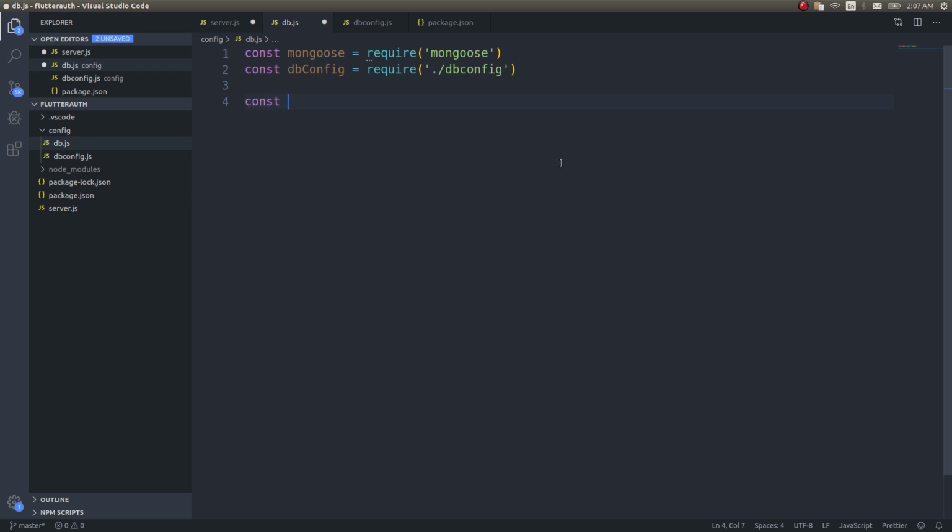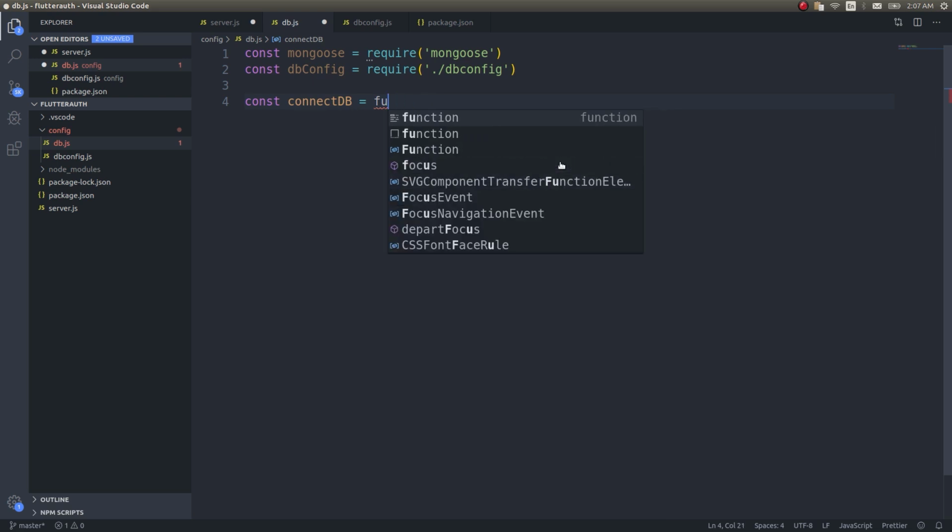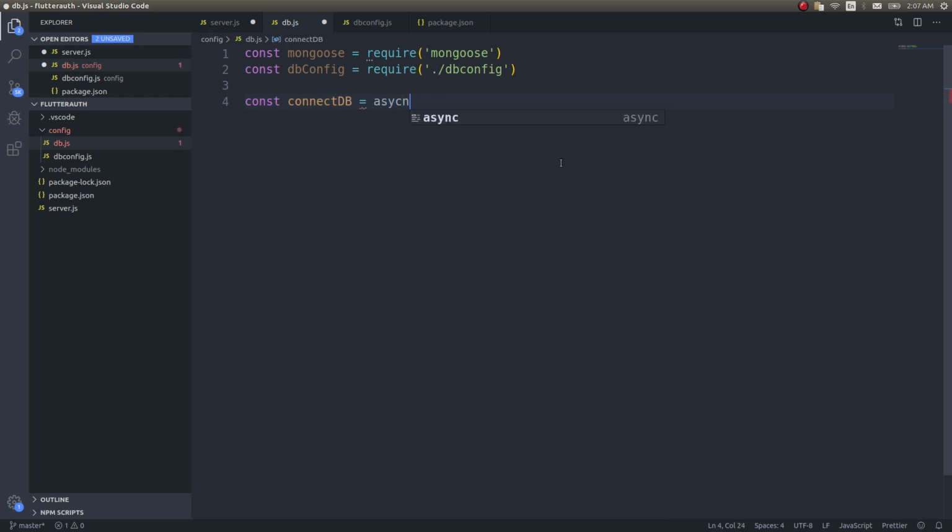Okay, now get back here, const connectDB. This is the function that we were trying to call. There are two ways: you can simply write it as a regular JavaScript function, or you can use the newer async. So async, try, const connection equals, I'll just give it as con equals await